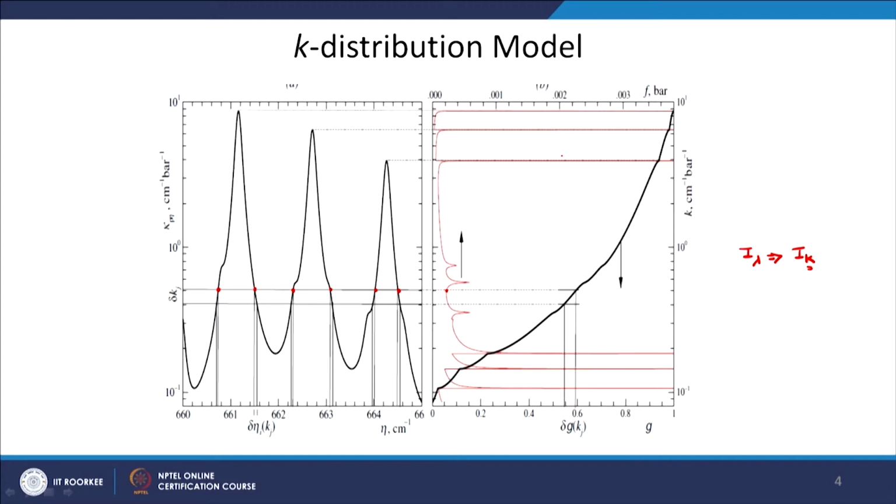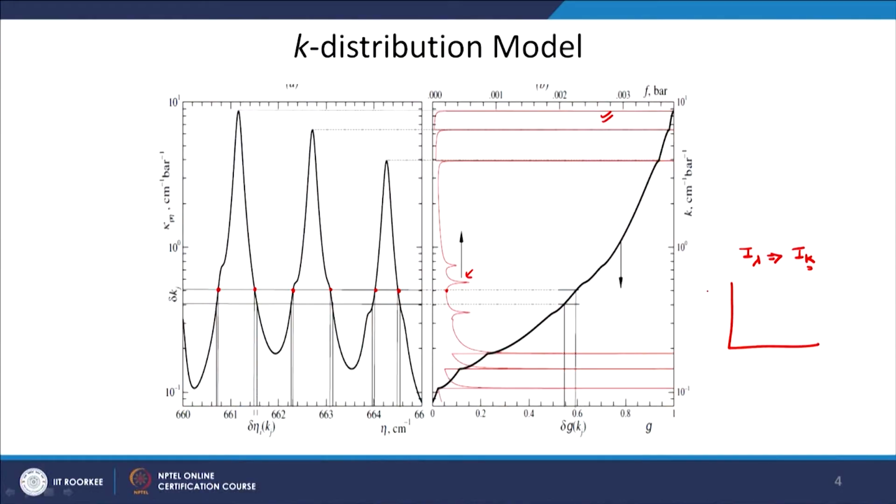Now, you see that although the original spectrum was very erratic, the absorption coefficient going up and down significantly, this spectrum looks no better. Even the K distribution looks very erratic. At a few places the values are very large, but still there are variations. So, integrating over this spectrum is also very difficult. We will not attempt to solve the radiative transfer equation on this erratically varying K distribution either. What we will do is go for a cumulative distribution.